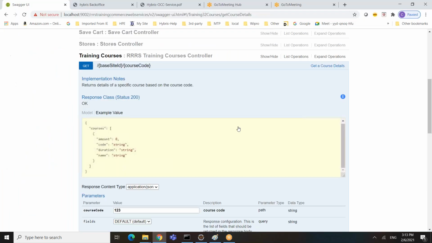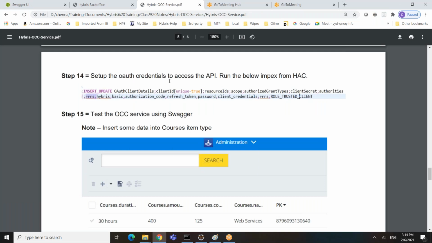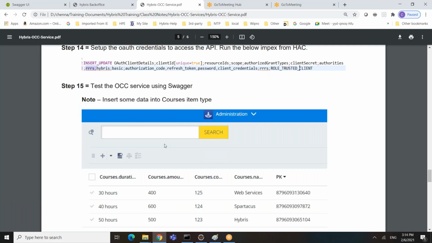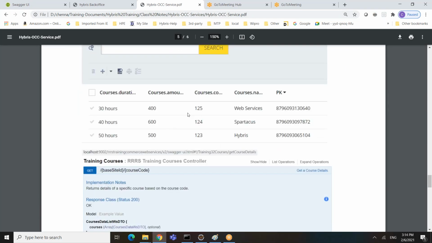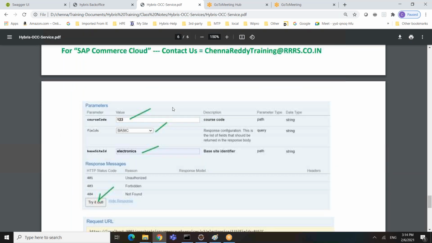So if you go back to the notes again, once you've done that API, then you can test it in Swagger. This is the data that I inserted using the Impex, or you can do it directly in the back office. And then these are my parameters. 1, 2, 3, basic, electronics is the base site ID.